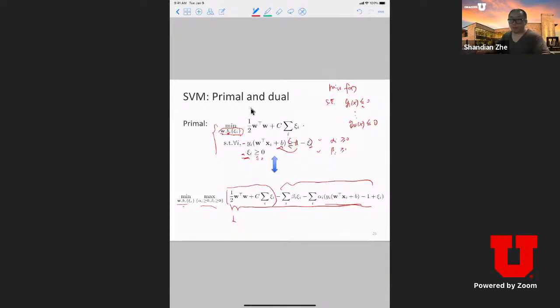Okay, yeah. It's just a direct application. You substitute this F and G by the SVM objective and constraints for F and G(x) to get this primal form. So now,